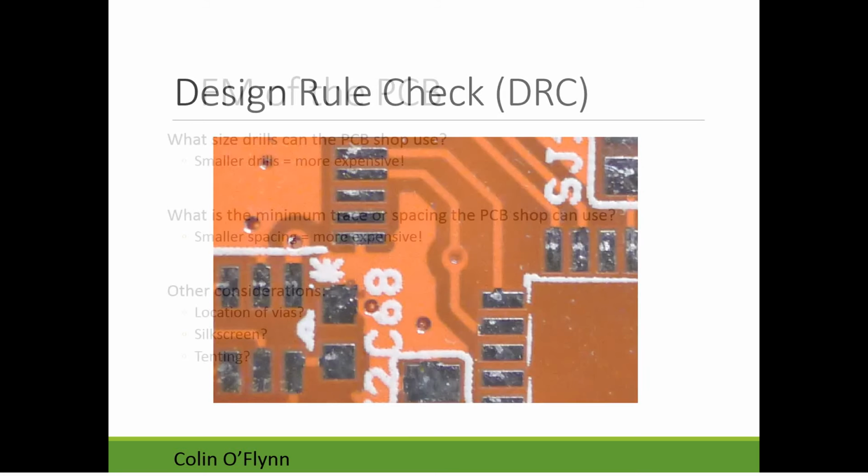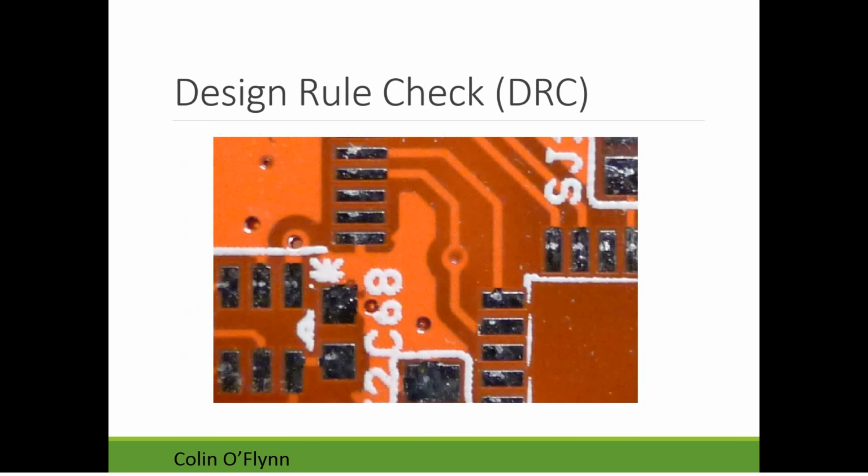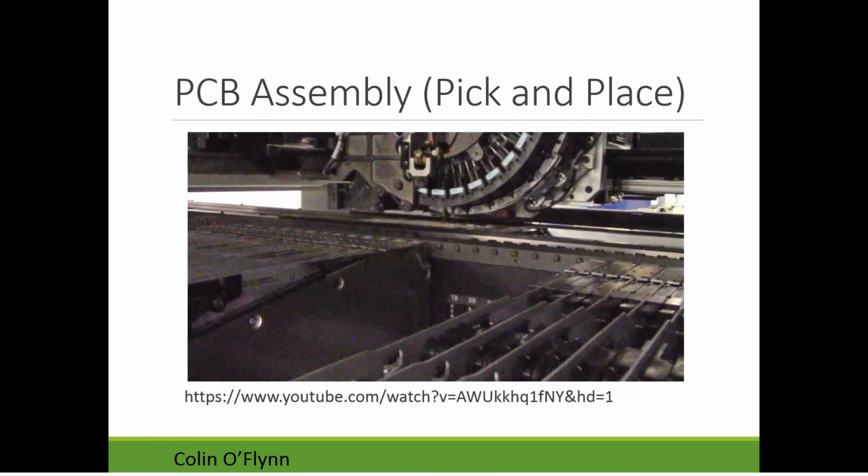So that's the main things. And doing that check is called the design rule check, the DRC, to confirm. So when you have your circuit board, you'll confirm that all these measurements are okay, and the tools will automatically do that. If you're going on to manufacture the design, there's going to be other considerations, like how do we